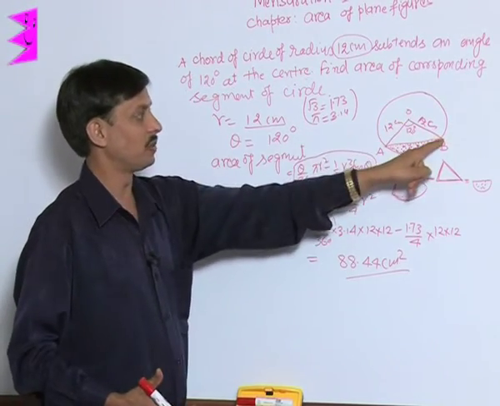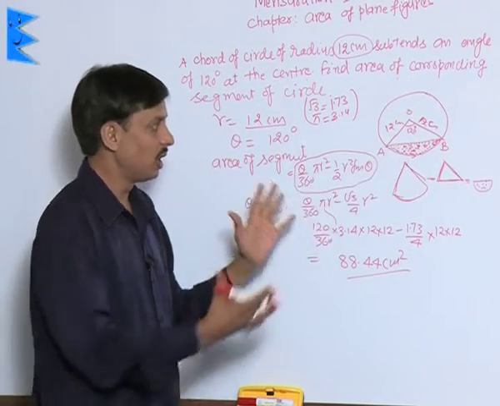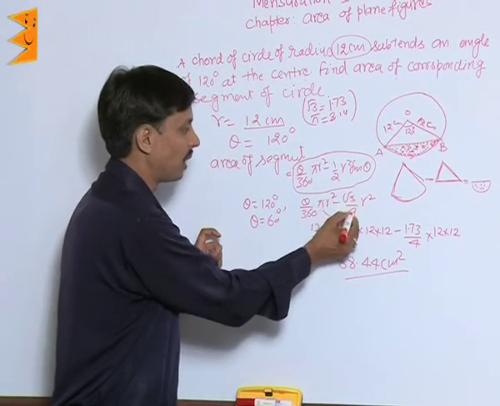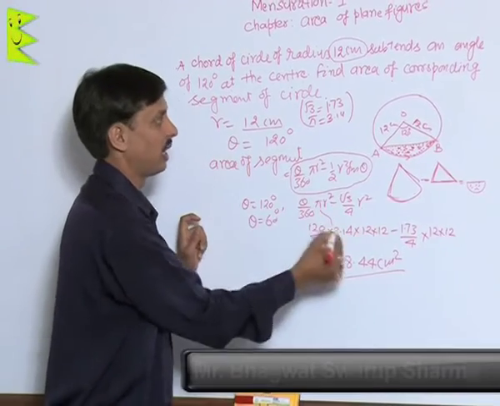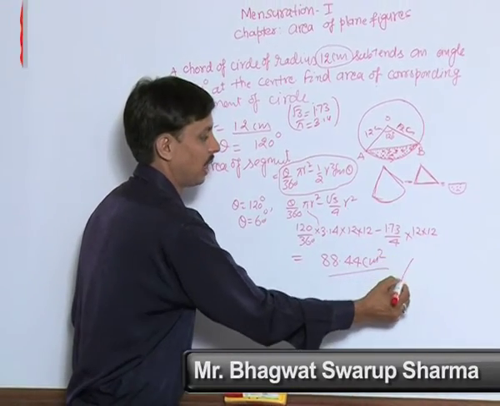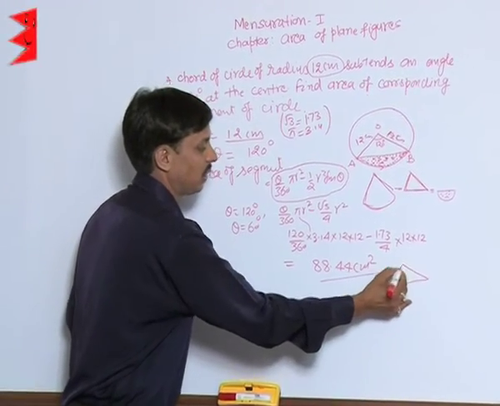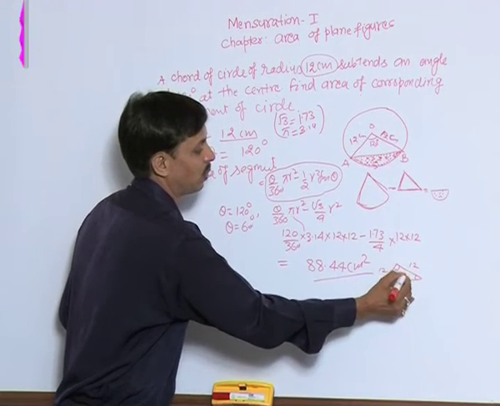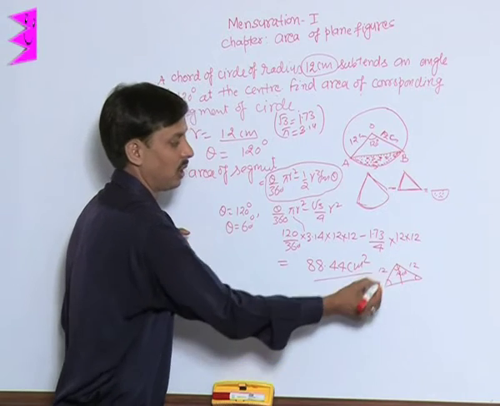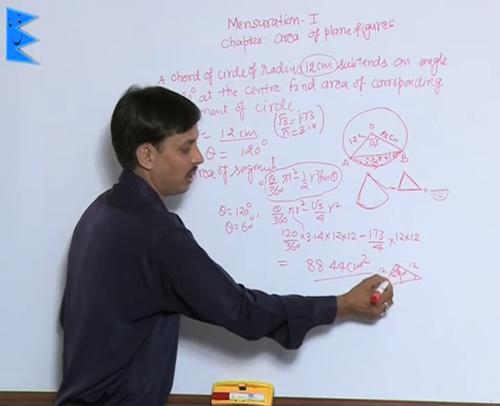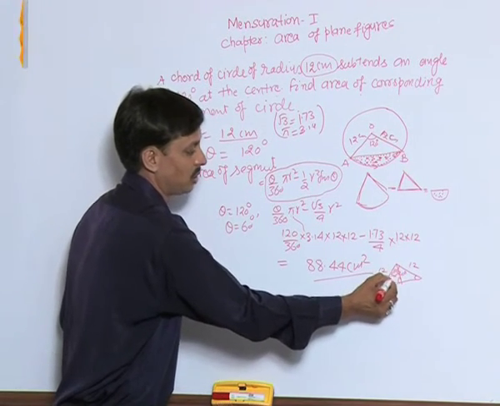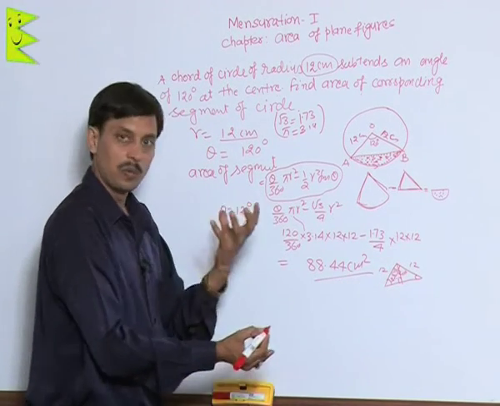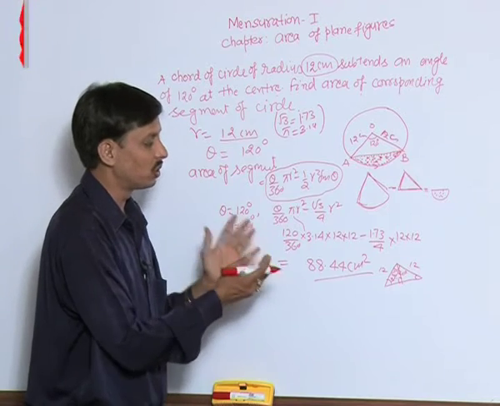So the area of a segment can also be calculated in steps. First of all, the area of the sector, then the area of the triangle. In order to calculate the area of the triangle, I can explain how root 3 by 4 r square has come. We have a triangle here. This side is 12, this side is 12, so these two angles are equal, but the central angle is 120 degrees. If I draw the perpendicular, this angle will be left 60 degrees. This is 90, this is 60. So how much is this angle? 30 degrees.